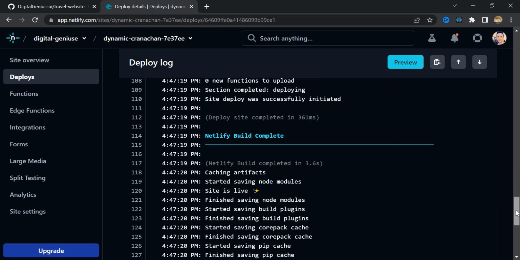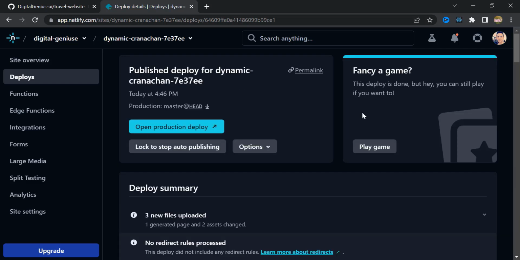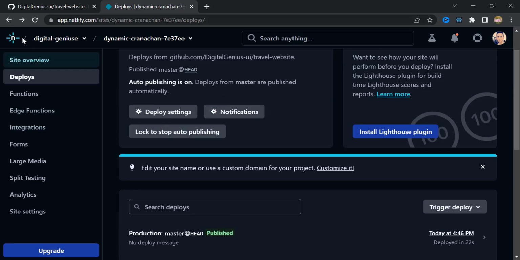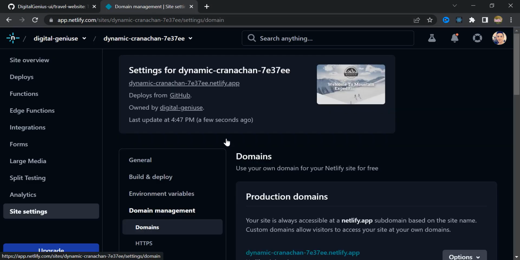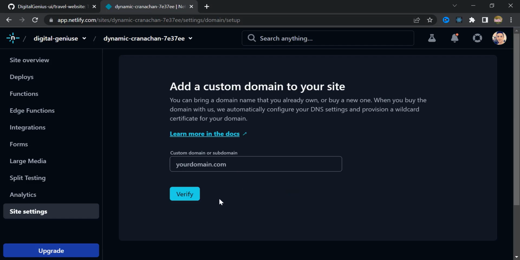Okay, now down here you can see that Netlify build completed. It means that your website is now published. Alright, just come back, and in here you can see there is a domain setting. Inside here you can add your custom domain if you have one. Okay, and if you come back,